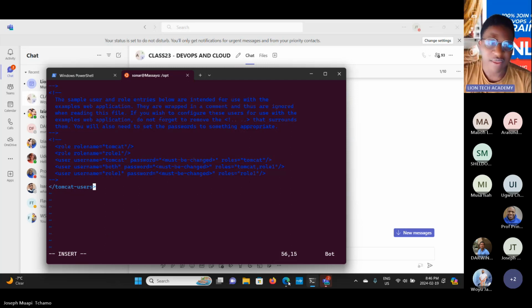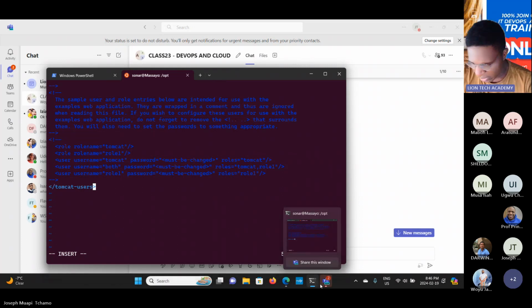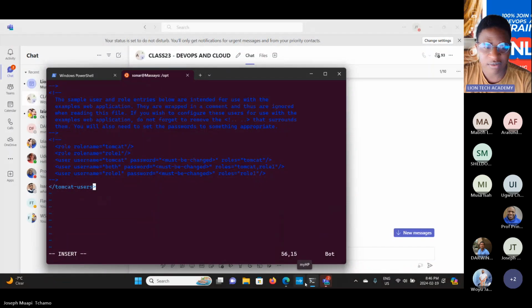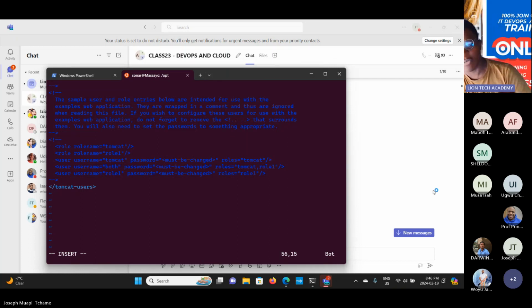Okay, so right there, now if you use the up arrow key and go up once, okay, use the up arrow key, go up one bit, and then hit enter. You can paste that command in between that last closing comment and Tomcat users, and that's going to work. So that's how it is supposed to be done. All right. Make sense?